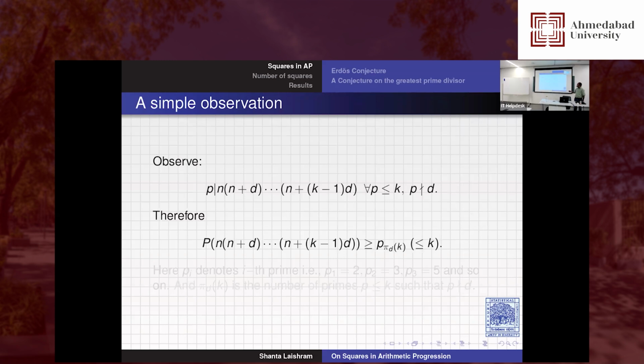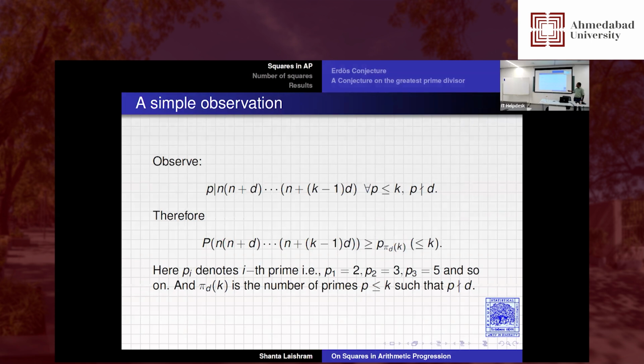Therefore, the largest prime factor of a product of k consecutive integers is always going to be bigger than the largest prime divisor less than or equal to k which is co-prime to d. So pi of d, k,